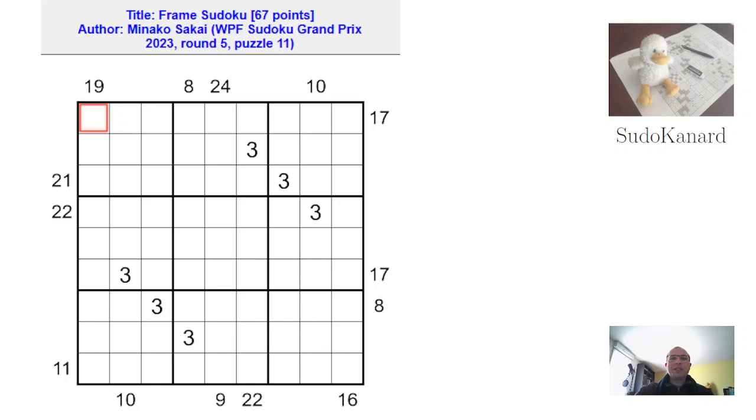We are here to solve this frame Sudoku by Japanese author Minako Sakai. It was featured in the latest WPF Sudoku Grand Prix. And the rule is that whenever you have such a number outside the grid, this number is the sum of the first three digits. So 10 is the sum of those three, and 17 is the sum of those three,